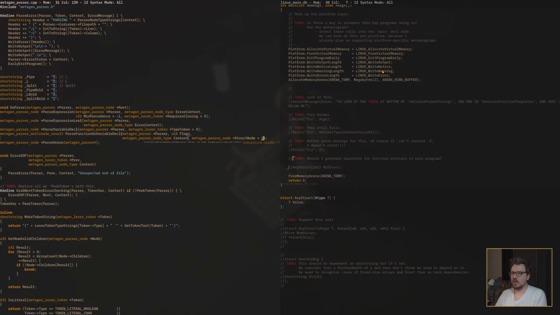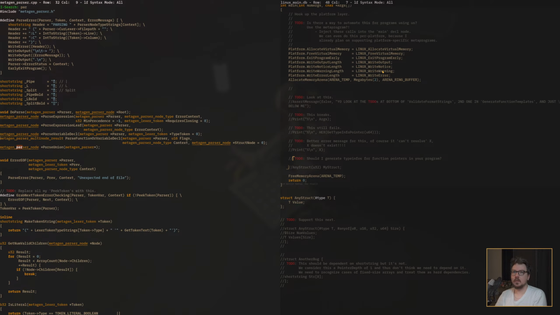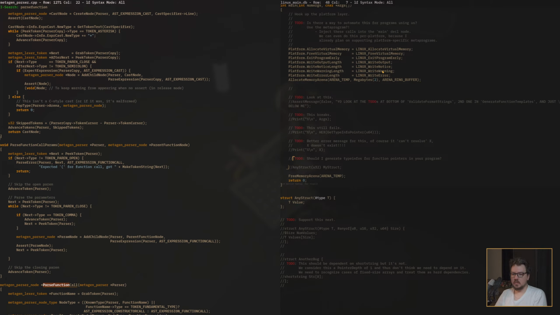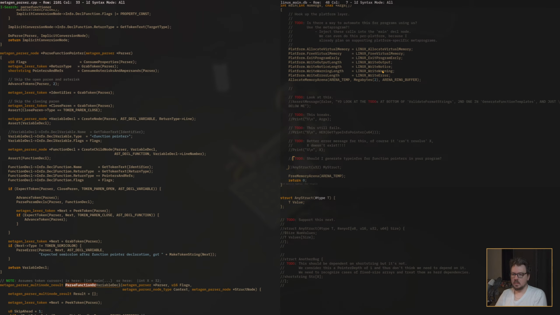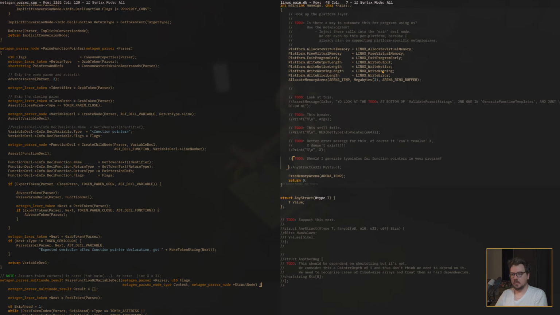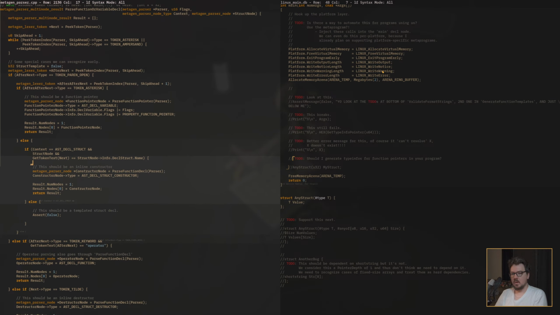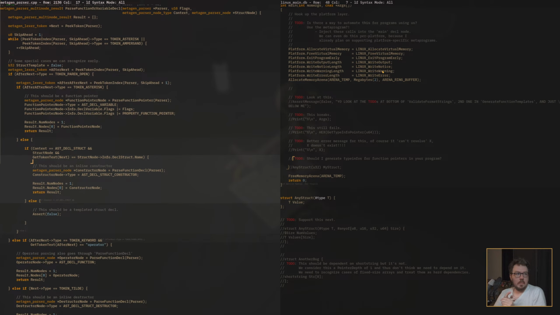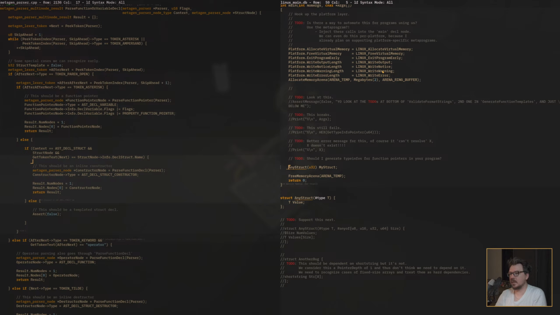Oh, this is where you do that. Parse function or variable decal. Okay, we still compile, but now if we weren't past a struct node, we should assert now. So in this case, we're not parsing any struct here, which means we should assert false,